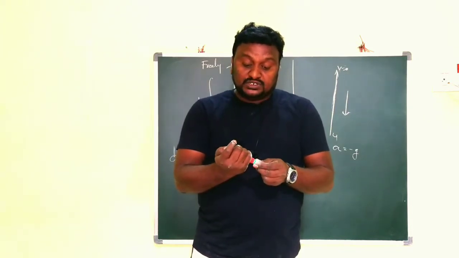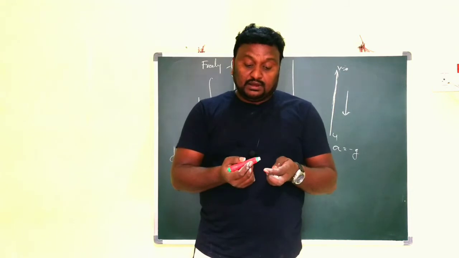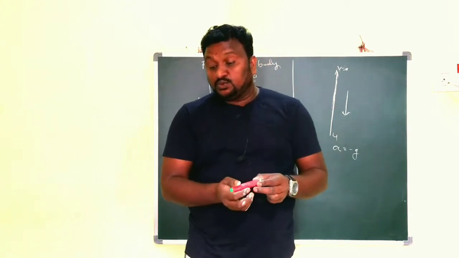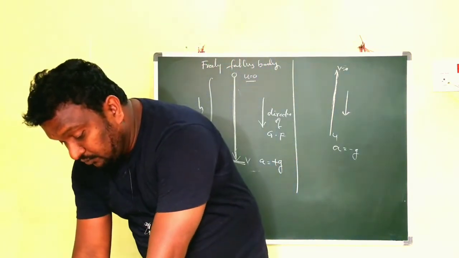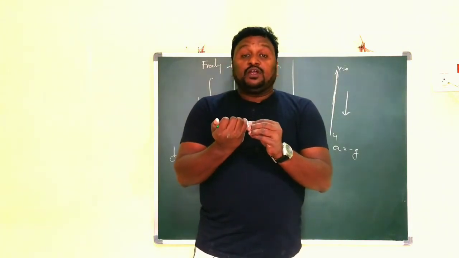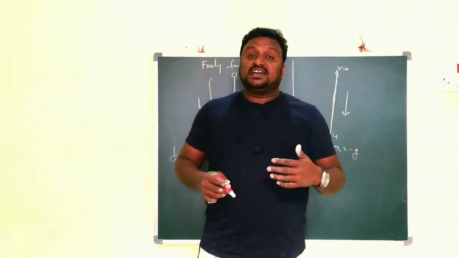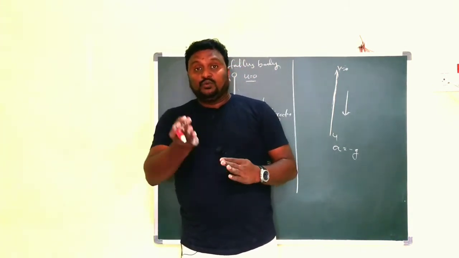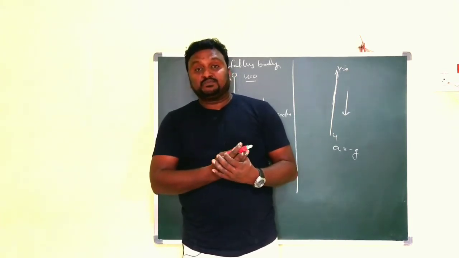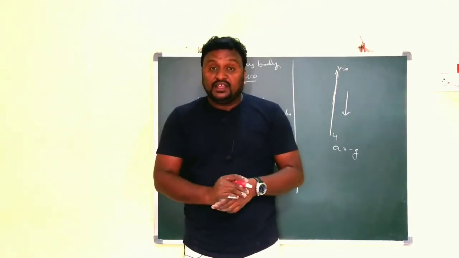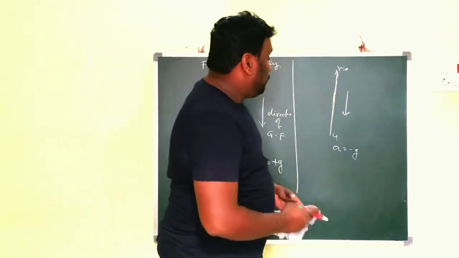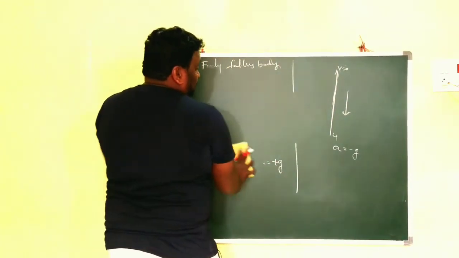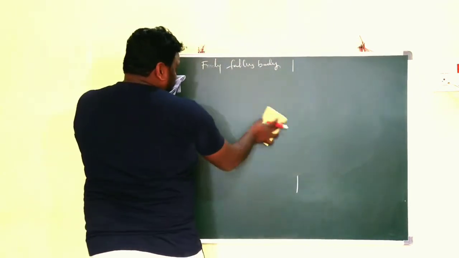So children, you have to observe that when the body is moving up and when the body is coming down, in both cases the acceleration is uniform, because there is only one force. That force is gravitational force. Got my point? While the body is going up, A is taken as minus g, because the body is moving in the opposite direction of gravitational force. When the body comes down, g should be taken as positive, because the body is moving in the direction of gravitational force. Children, now we have to write the equations for a freely falling body.